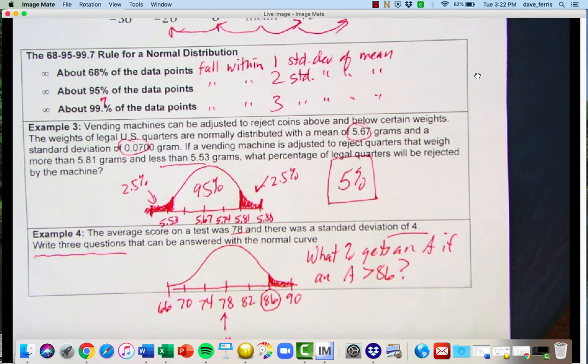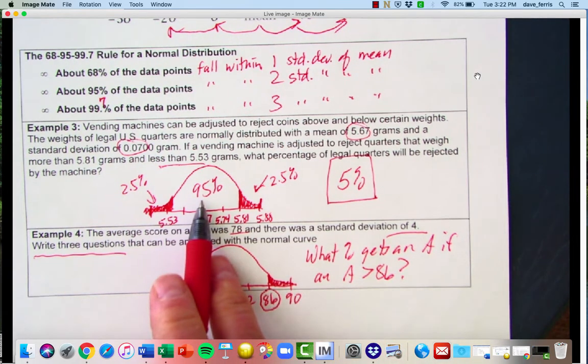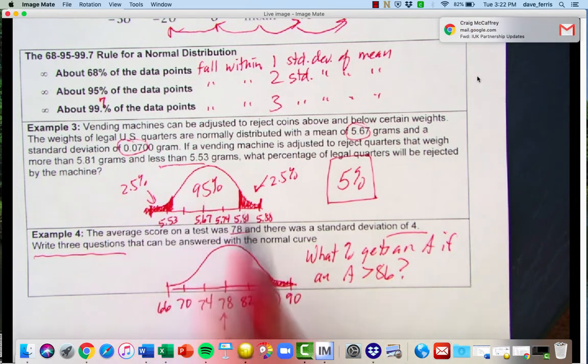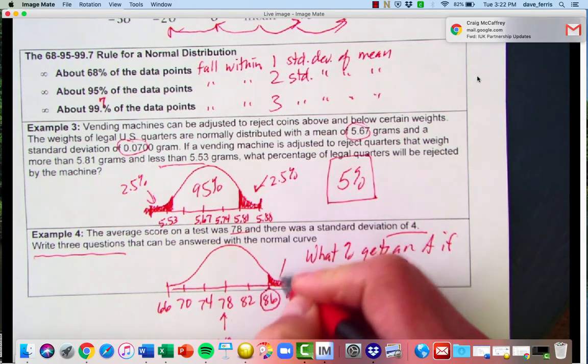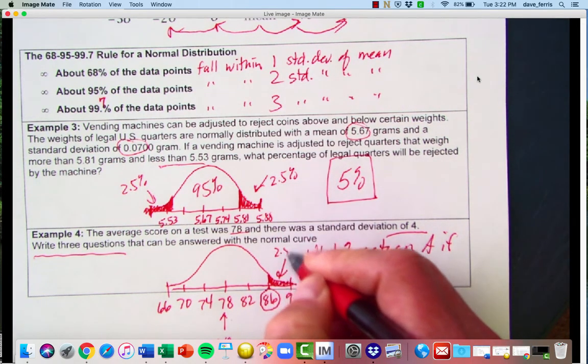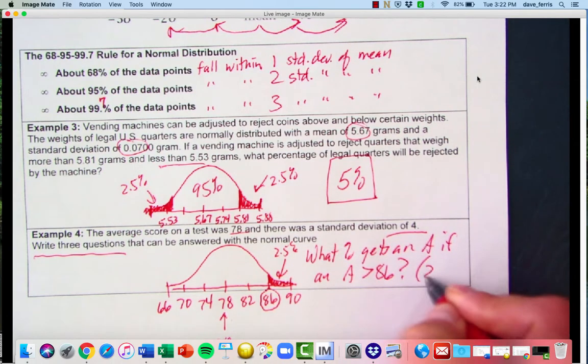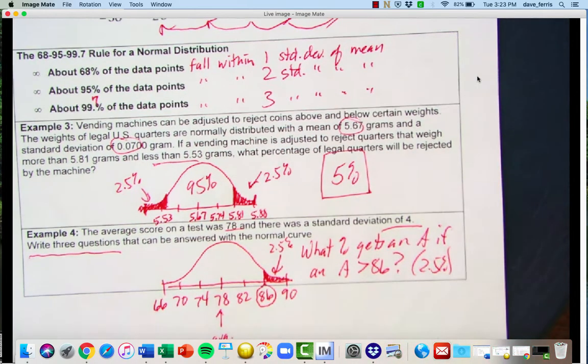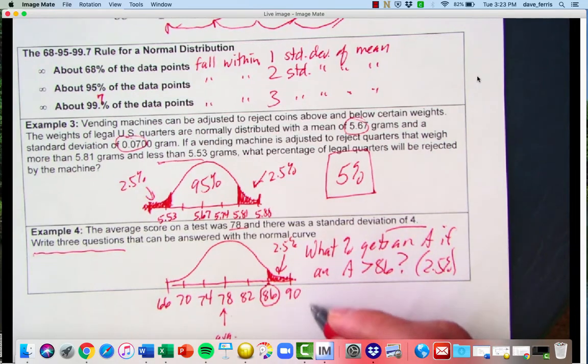Well, if we think about this, remember last time we said 95% is in the middle, 2 standard deviations. This is 2 standard deviations above average. So we already said that this little tail is 2.5%. So the answer to that would have been 2.5%. So this would be, I suppose, kind of maybe a little difficult test when only 2.5% of students get an A. Or maybe another question might be if passing